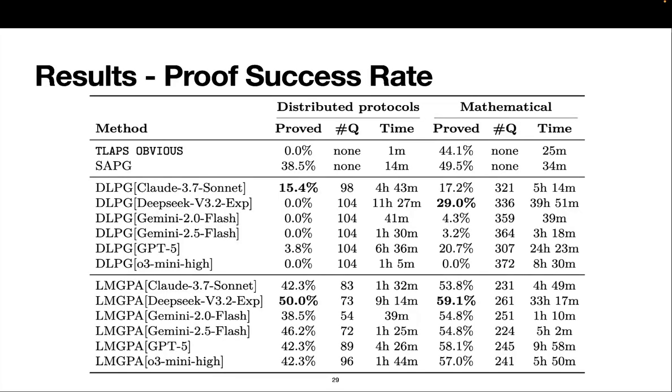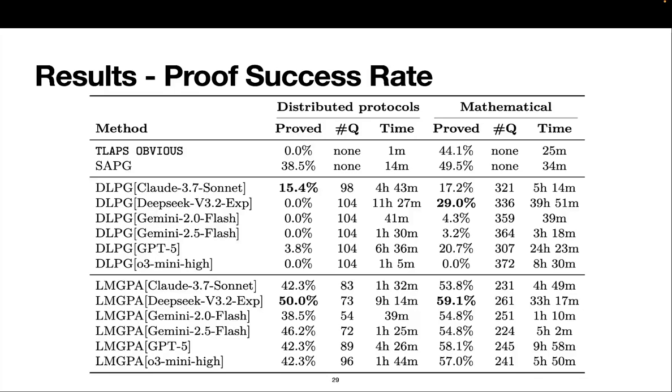Let's first look at the proof success rate, which is our primary measure of effectiveness. Here are the results in the table. Across all the benchmarks and all the LLMs, we can see that LLM-GPA consistently outperforms all the baselines. Let me walk through some specific numbers. For the mathematical benchmark, LLM-GPA with DeepSeek proves 59% of the theorems, but the DLPG with the same model